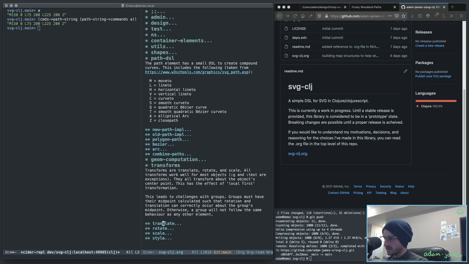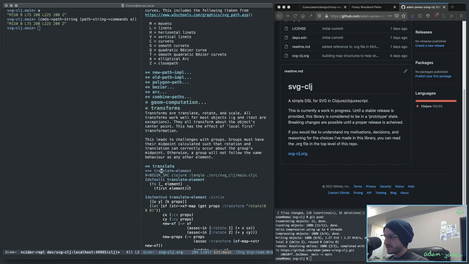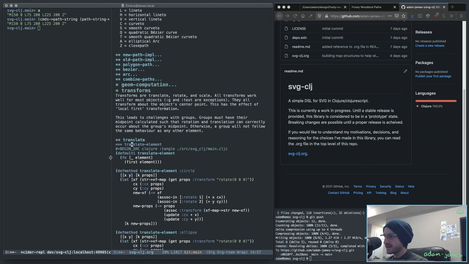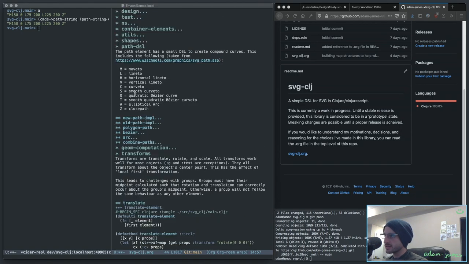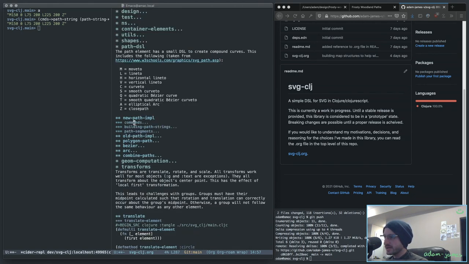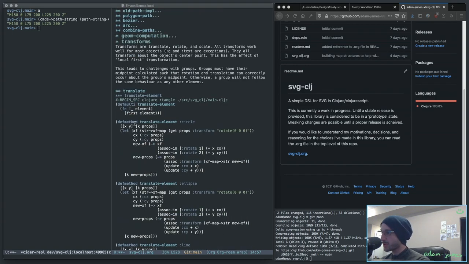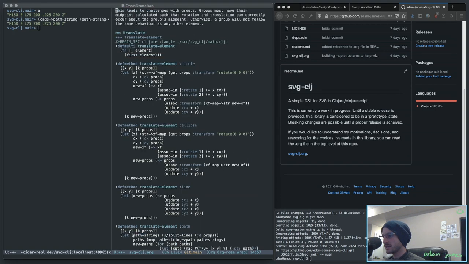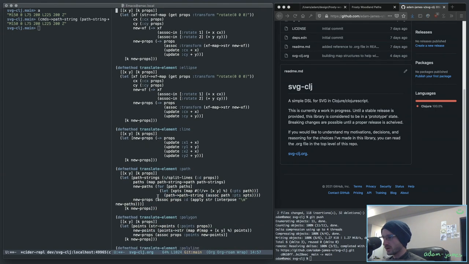build an implementation of translate for path elements using the new command map approach. So basically what that means, I'm pretty sure I will need to make a def multi for,